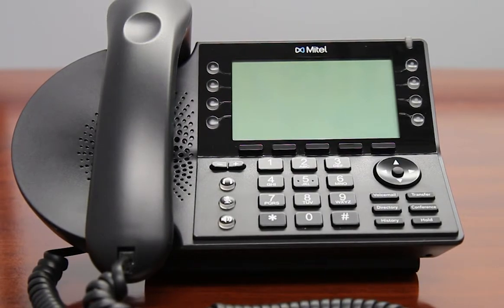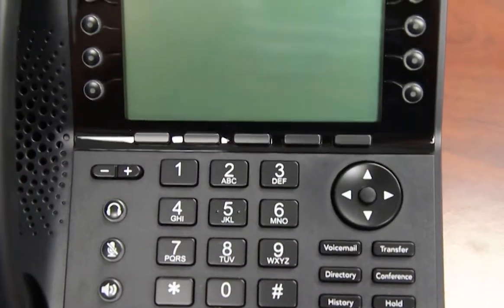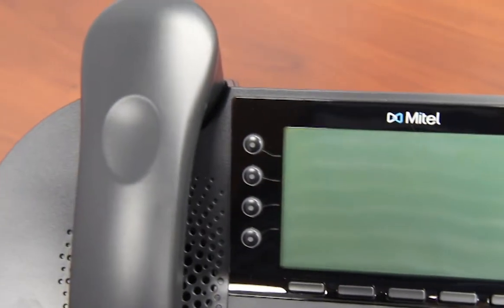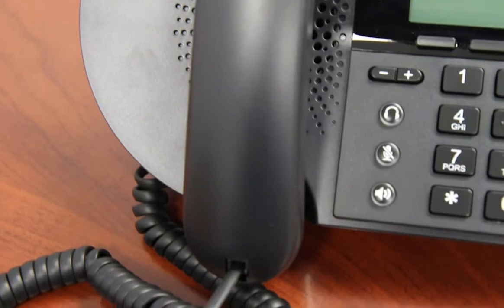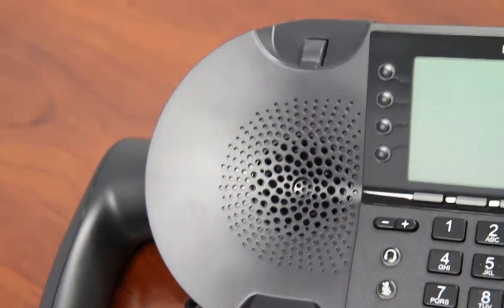This is the Mitel 480G IP phone. This model is identical to the Shoretel 480G but has been rebranded under Mitel. This model features an easy-to-read backlit display with expanded directory and call history. The Mitel 480G provides the same features as the Mitel 480 but includes an integrated